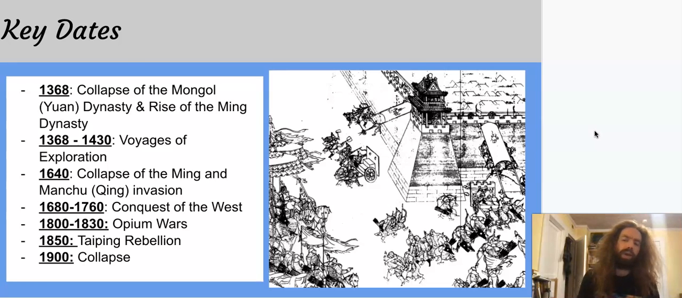So they travel all the way to the east coast of Africa, establishing contacts and spreading sort of Chinese propaganda during this time period. However, in 1430, the Ming emperor decides that this is a waste of resources and that China does not need to explore or expand into the Indian Ocean, and that rather everybody should just come to China if they want